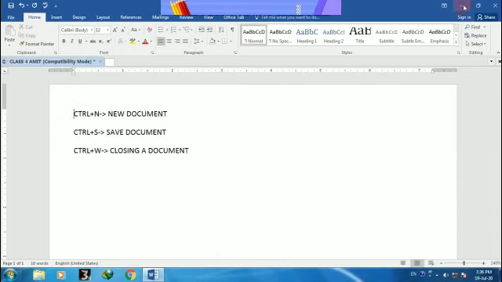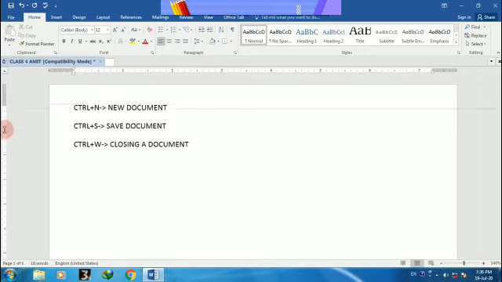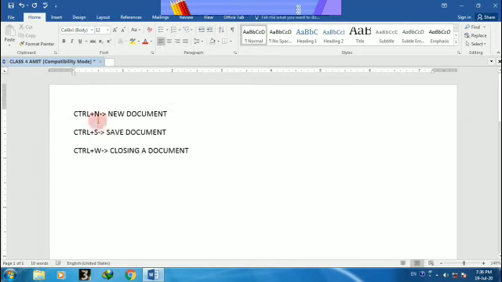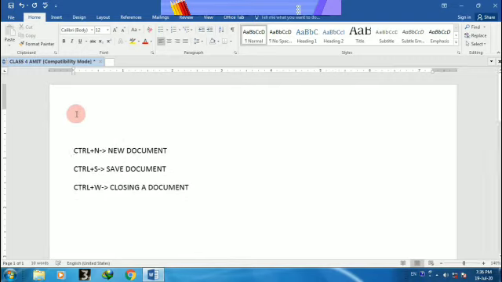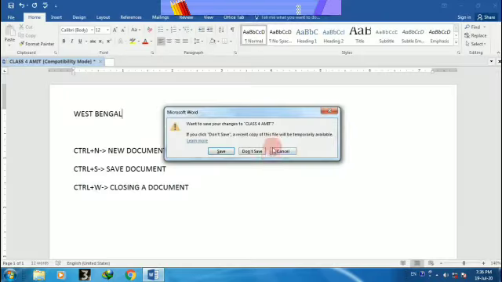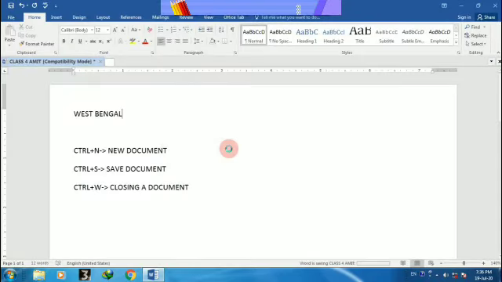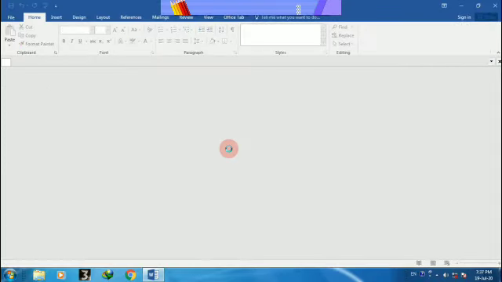So these are your options, and this is your minimize, maximize, and close. This is your ruler, so you can rule your document. This one is your left ruler, this one is your top ruler. So whatever changes you want to do in your document, you can. Done. And then you can close your document without saving or with saving.